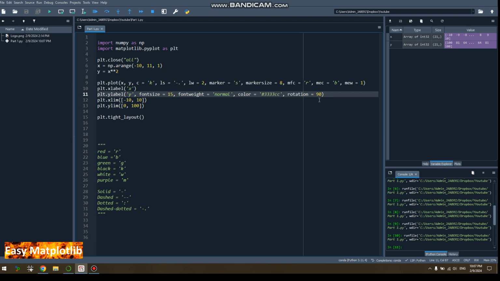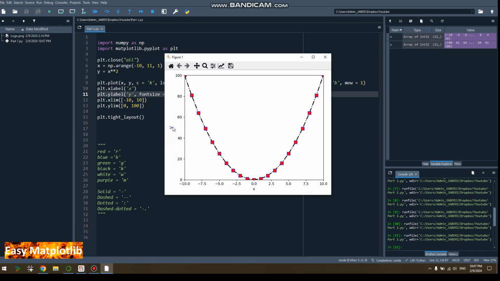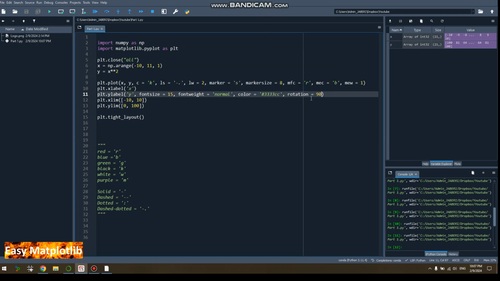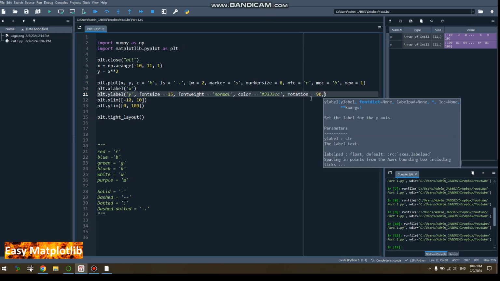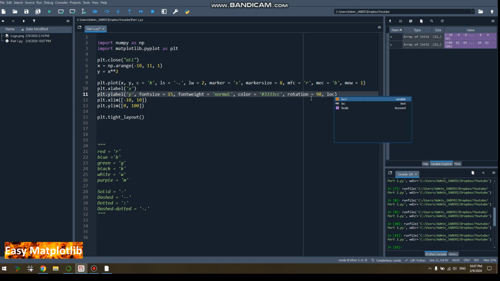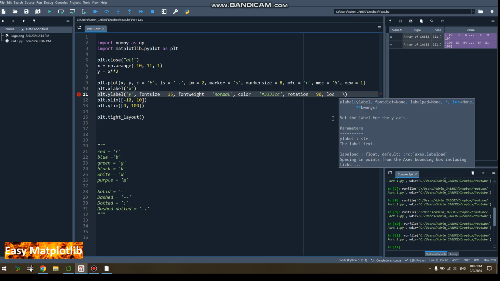What else can we do? It's the location. Usually, in most cases, the location of the X and Y label is in the center of your plot, but sometimes you like to have them at a different place. There is a difference between X and Y label, which I'll show you. For the location of the Y label, be careful, you can use three different things. Either you can say top,